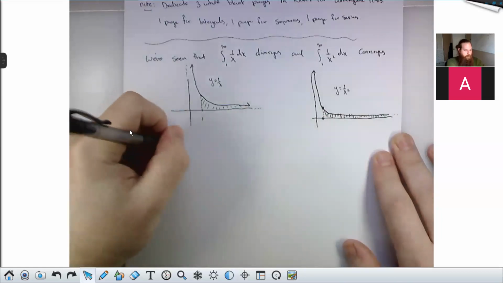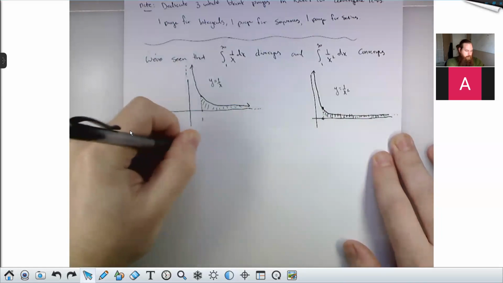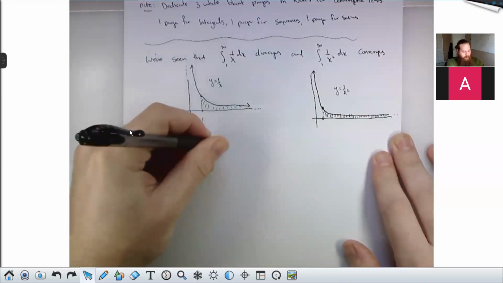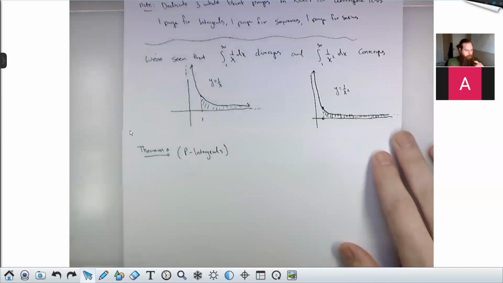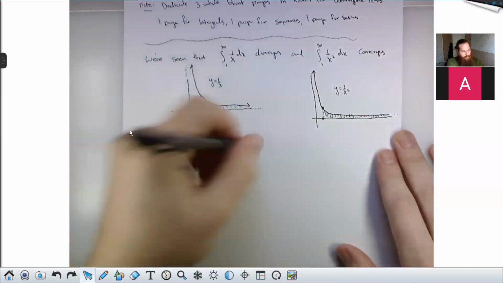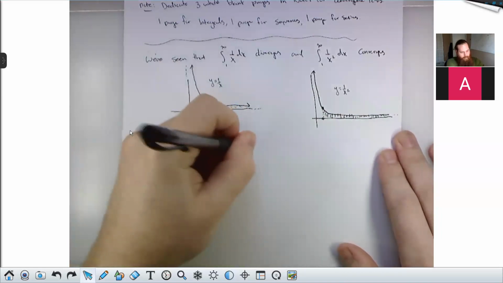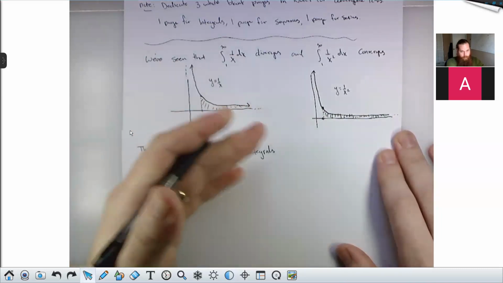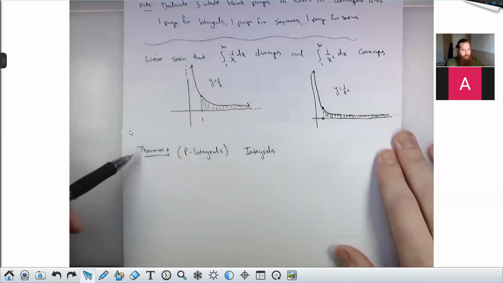The theorem is called the result on P integrals. And I believe this should make sense given the examples we've seen. First, integrals. So for now, take notes like normal, right? And then when we're done, take this theorem and put it in that integral page in the back of your notes.